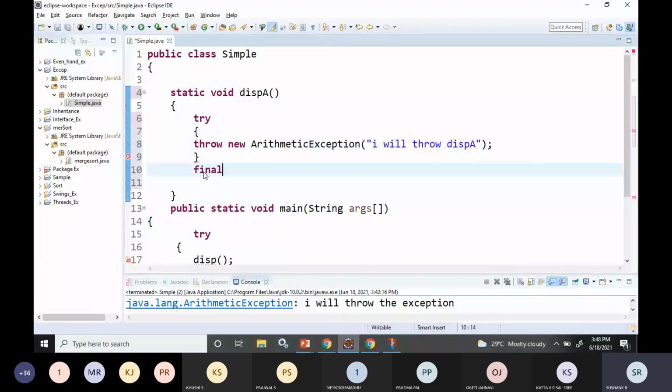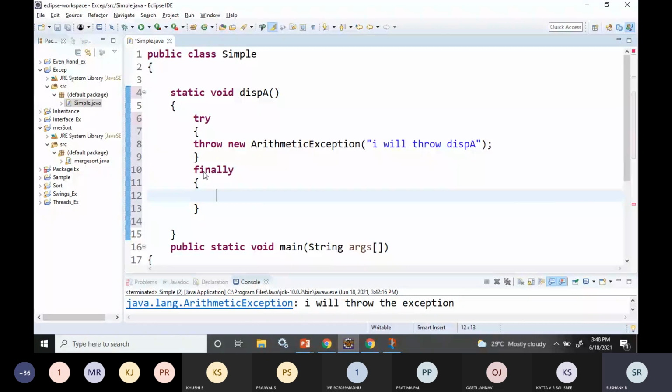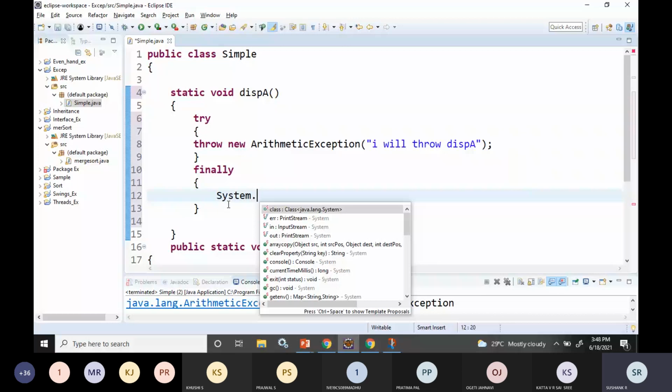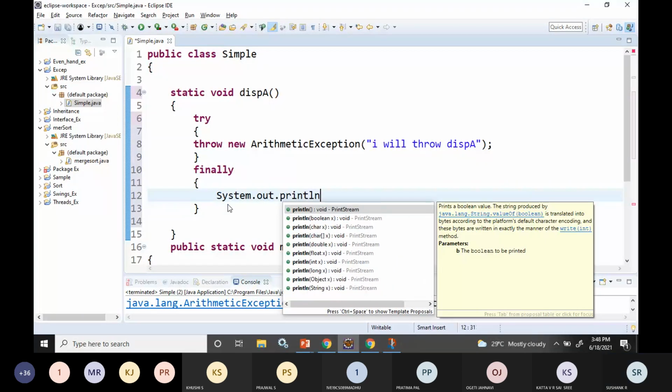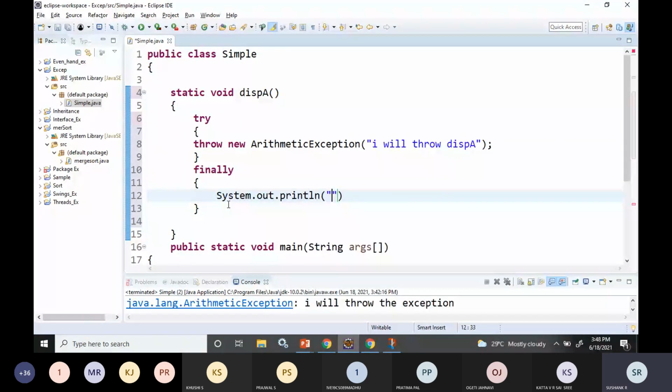I will write the finally statement, and some message, System.out.println, inside a block finally.